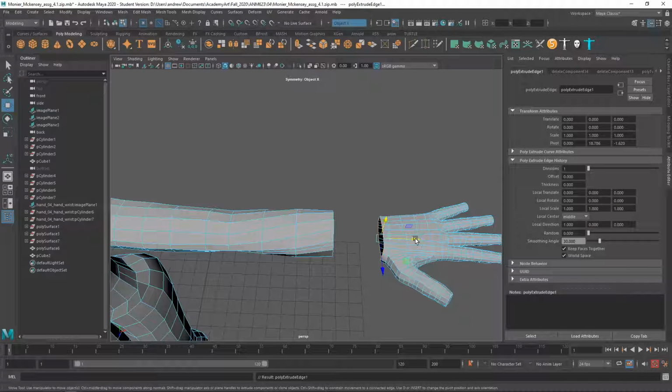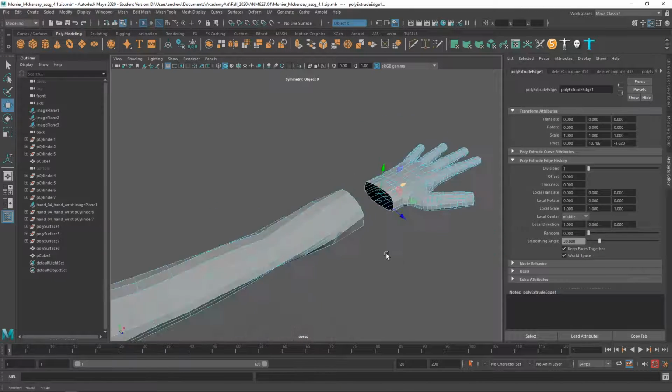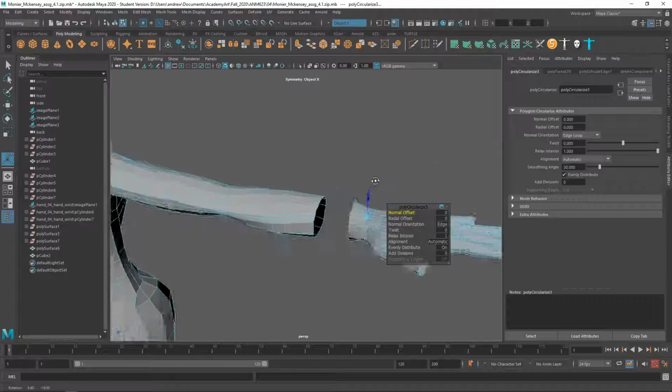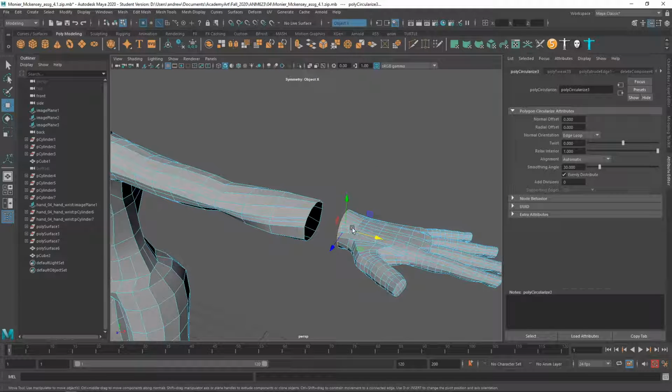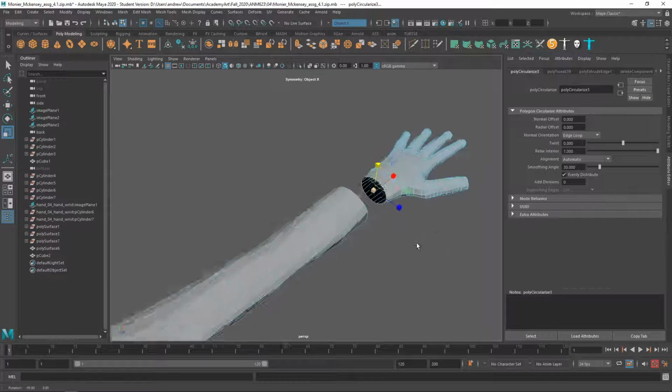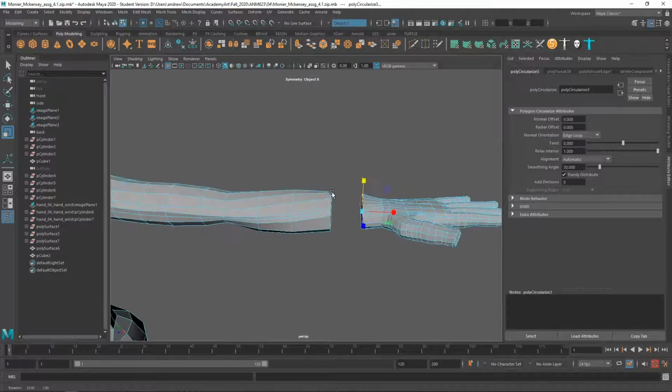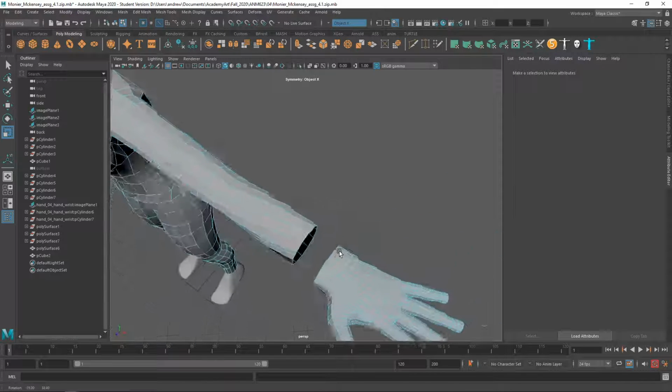Control E, and might circularize this just to get it a little bit closer to the shape of the arm, and then maybe kind of flatten it that way a little bit. Just trying to get these a little closer together to start with,